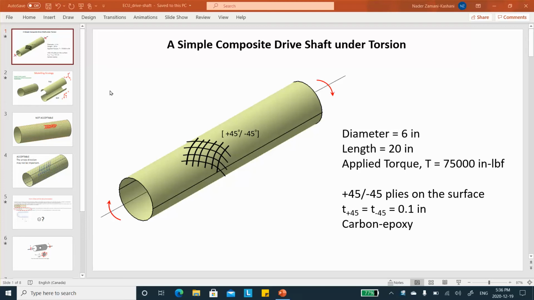Hello, folks. For the past 2 months, I've been preparing several video segments on use of CATIA's native FEA solver for solving composite problems, analyzing composite parts. Now, all of these problems that I've been doing so far have had a very simple geometry, namely they were flat strips. So the next few that I'm going to be doing, the geometry is slightly more complicated, but still they are not something that is extremely